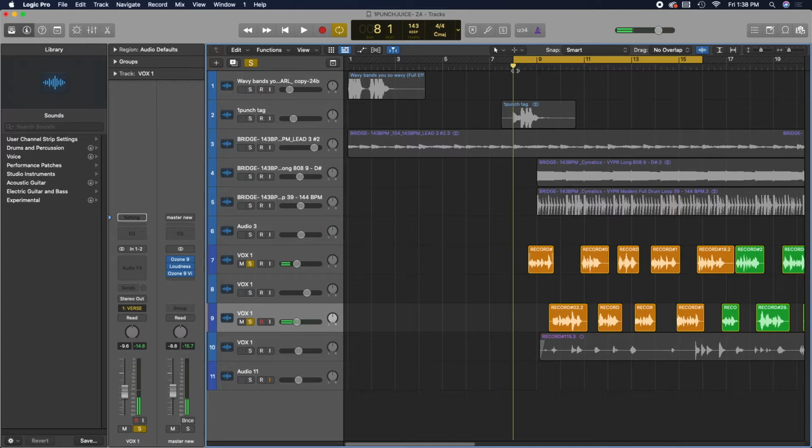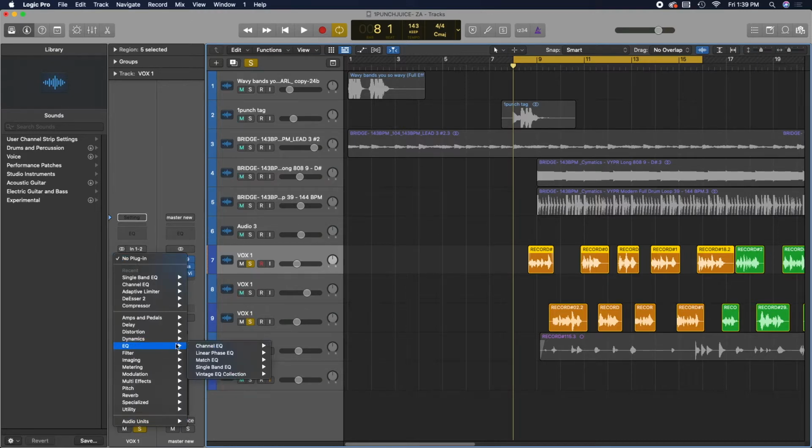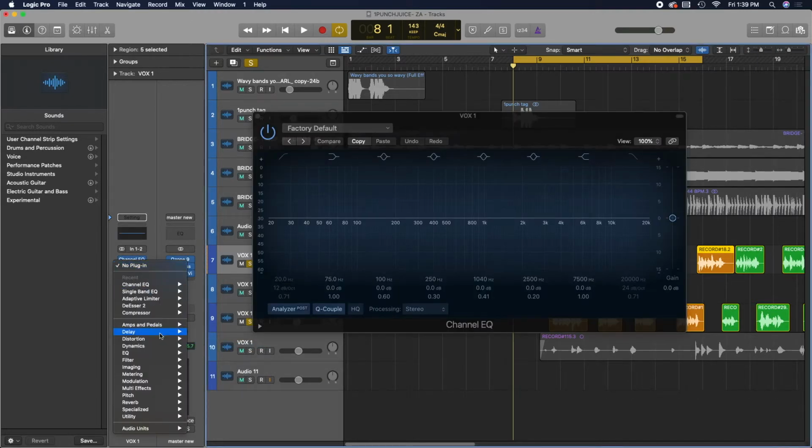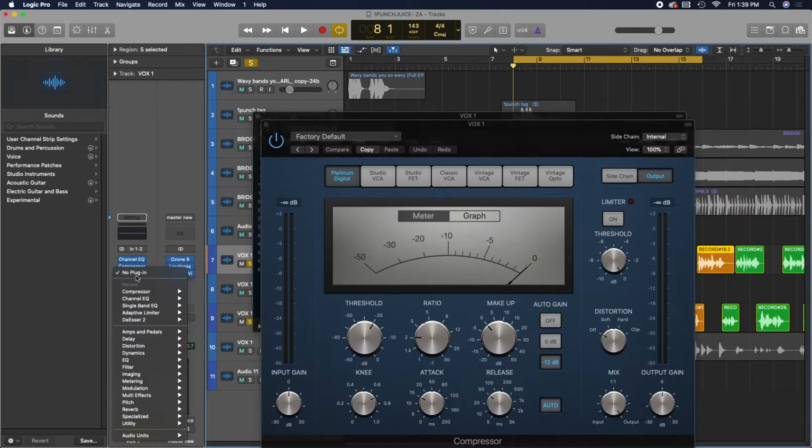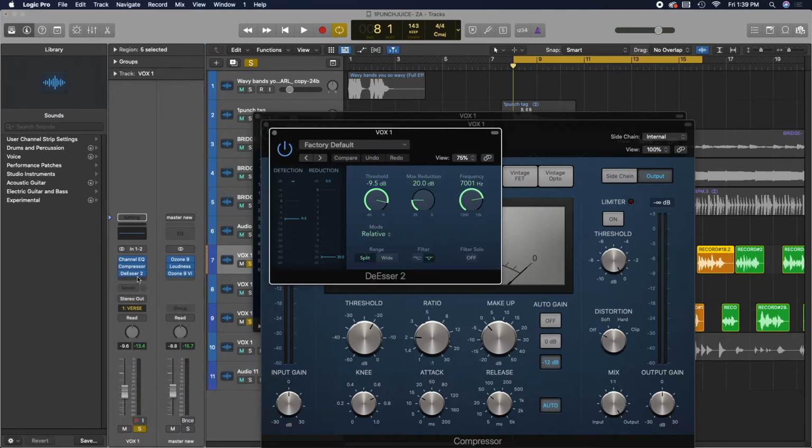So it's a very warm vocal. So first things first, this is the order that you want to put your vocal chain in. You're going to want to put EQ, compressor, dynamic compressor, de-esser, limiter,